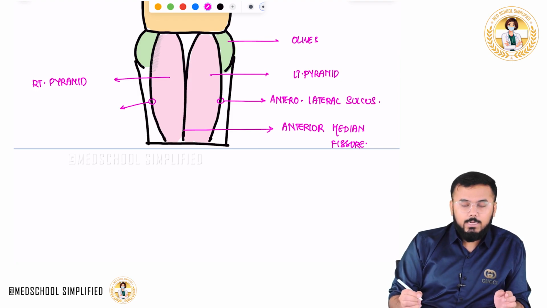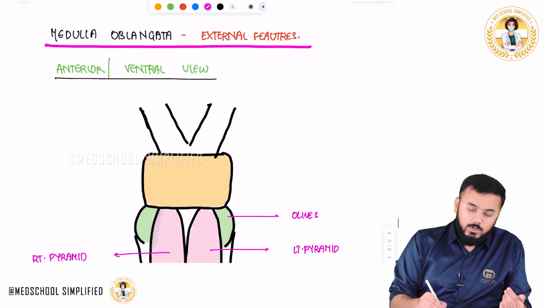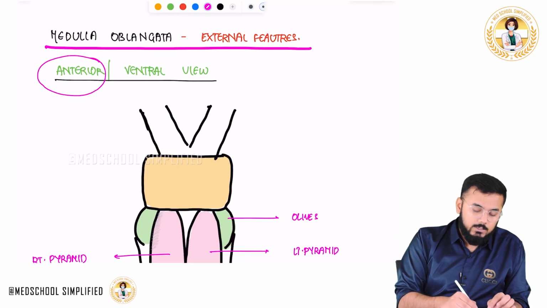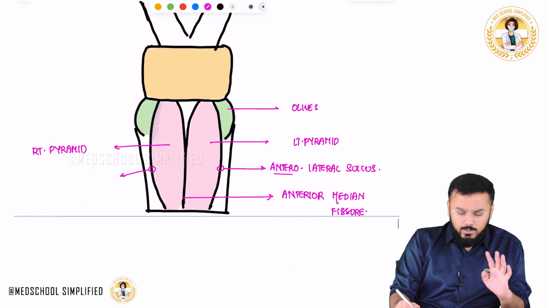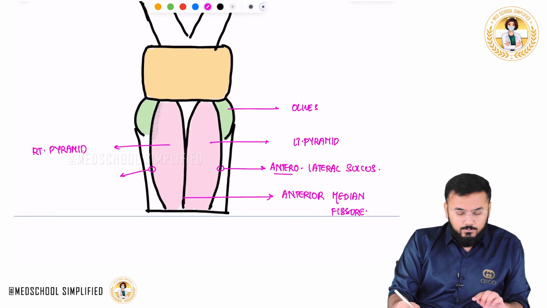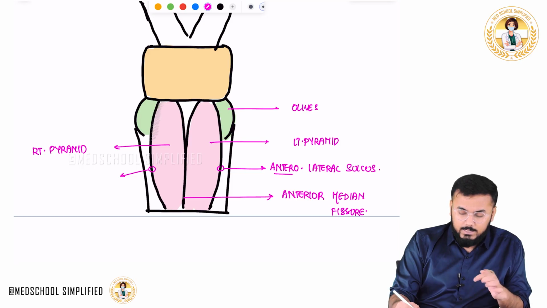Why are you calling it as lateral? Because they are located laterally. Why are you calling it as anterior? Because right now we are discussing the anterior view. Okay, right. So till here you understood these two are called as olives, left pyramid, right pyramid, anterolateral sulcus, anteromedian